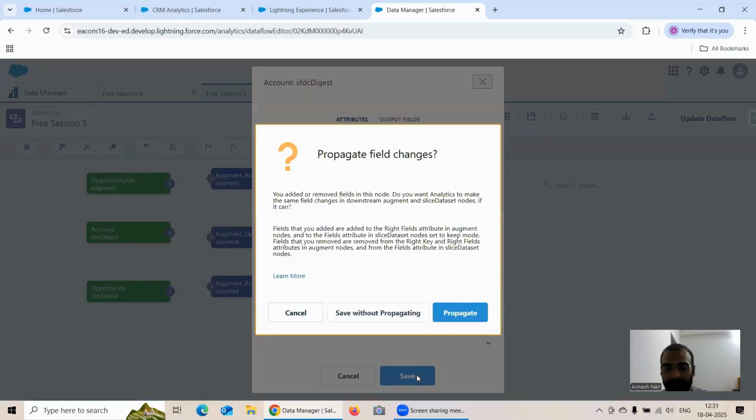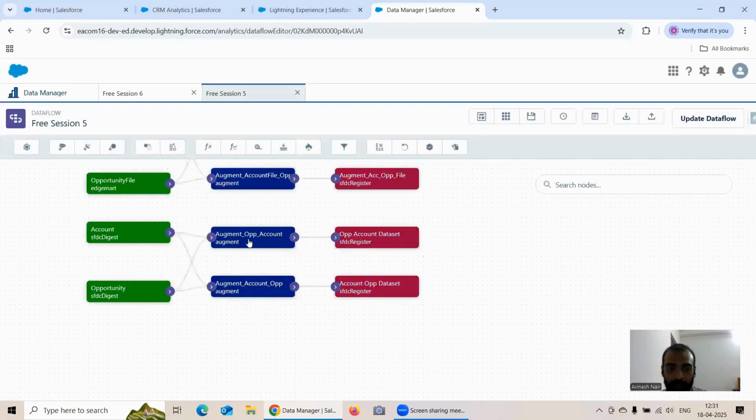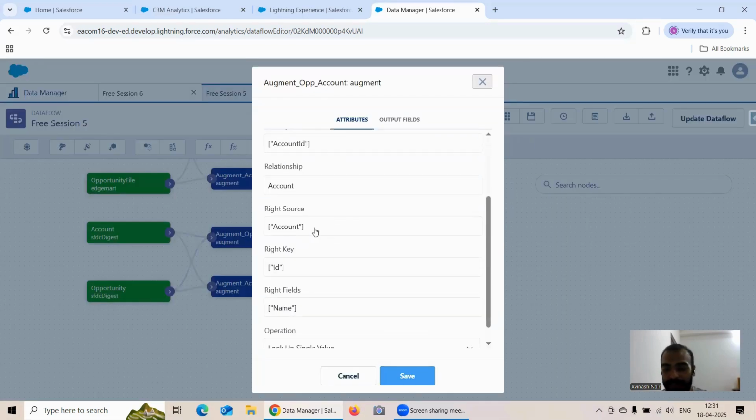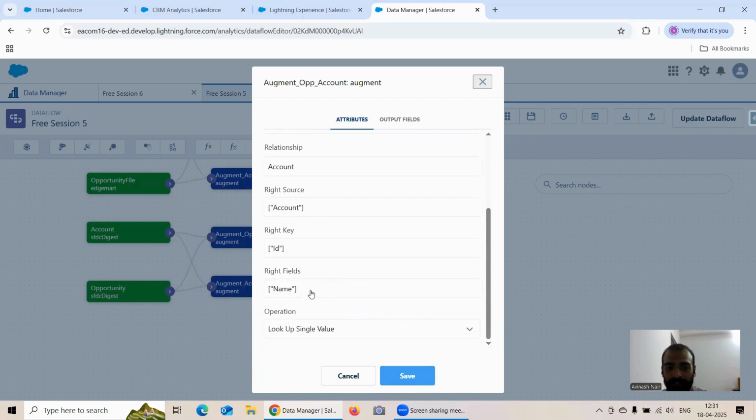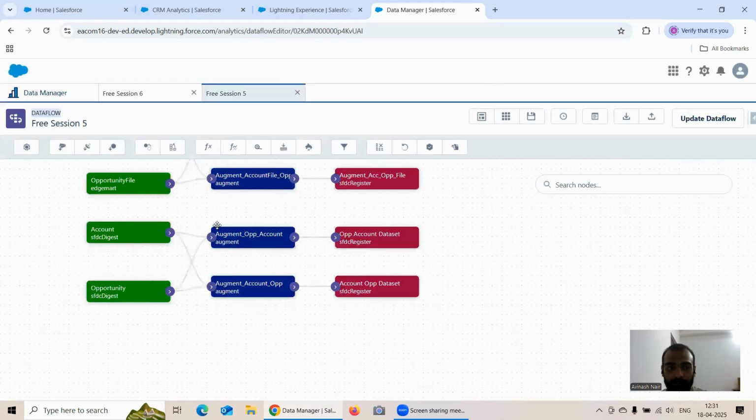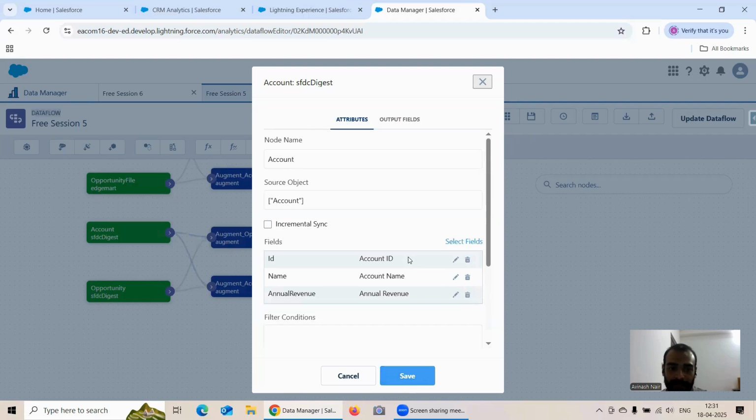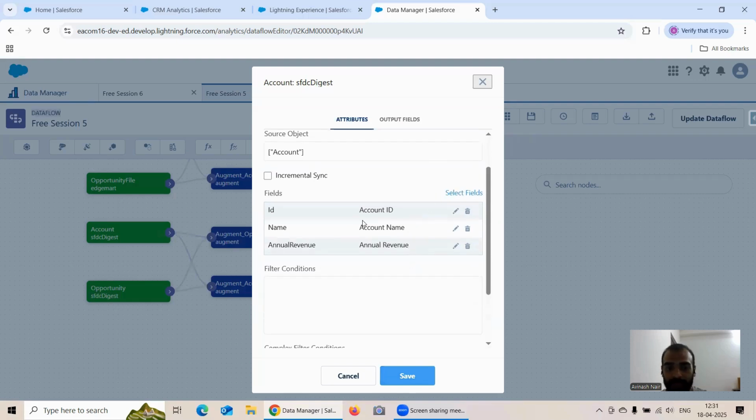So what will happen if I click on propagate? When I removed industry and click on propagate, you see automatically here the industry gets removed, right? So the industry got removed when I clicked on propagate. Okay, from the right fields, as you can see here, it got removed. Now the same thing: currently we have the name, right? So now let's say that name, if I just delete, okay, and if I click on save,